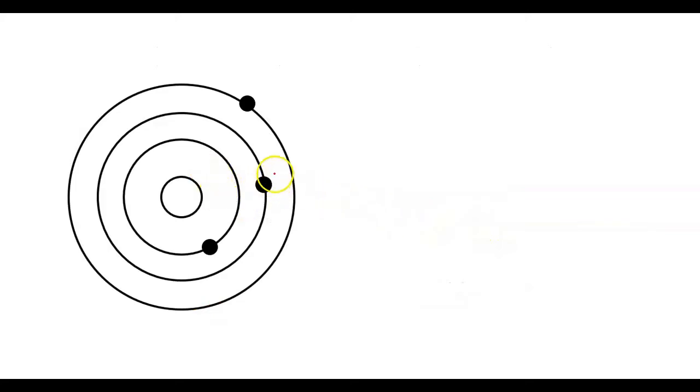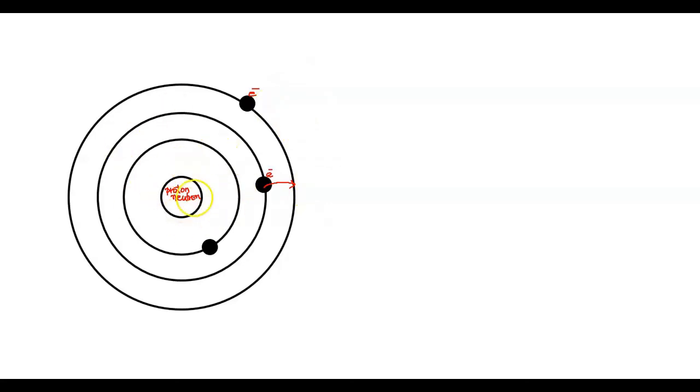So this is the electron. As you can see here, these are the electrons, and this is the nucleus. In the nucleus you can see neutron and proton. Whenever this electron wants to move away from the nucleus, it takes energy, and in the same way, if it comes back towards the nucleus, then it has to emit some energy. So that is one of the postulates of the Bohr model of the hydrogen atom.